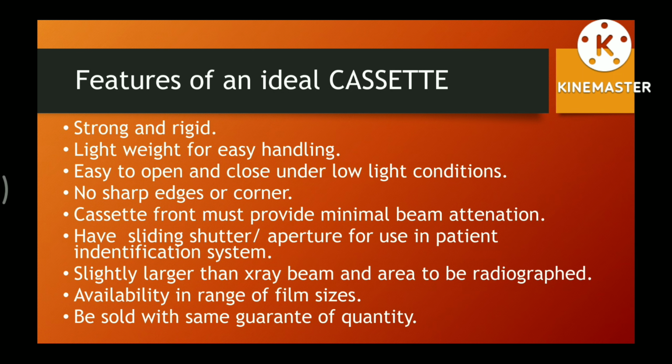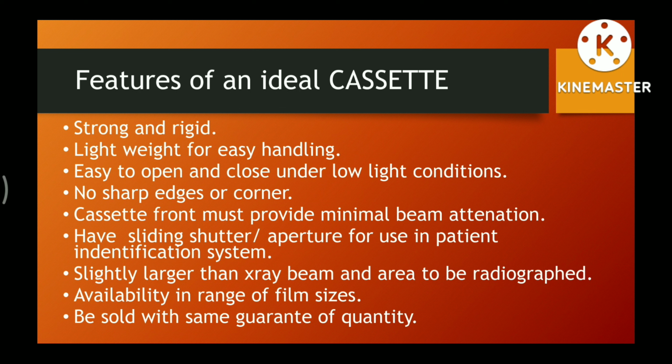Now moving towards the features of an ideal cassette, the first point says that it should be strong and rigid. Second, it should be having a light weight for easy handling. Third, it should be easy to open and close under low light conditions. Means whenever there is a low light condition, it should be easy for us to open and close the cassette. Fourth one is no sharp edges or corners. So it should not be having any sharp edges or corners which can cause damage or harm to a person